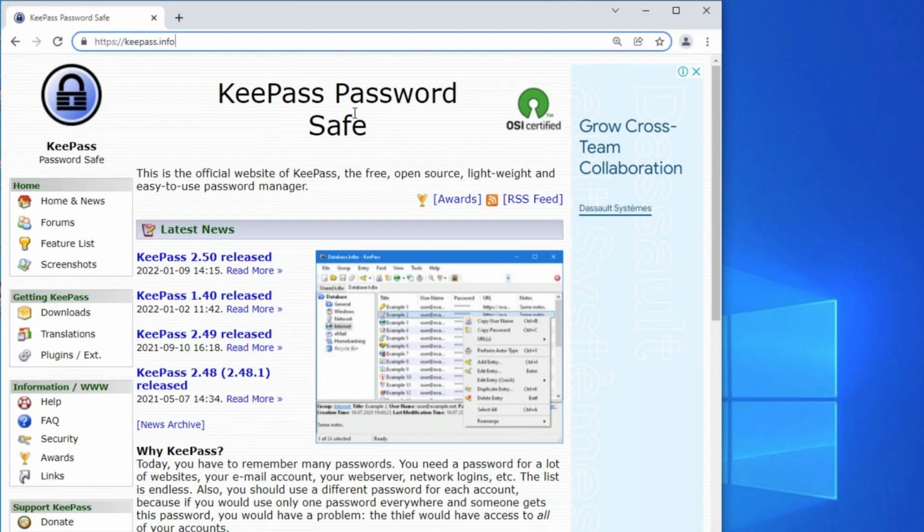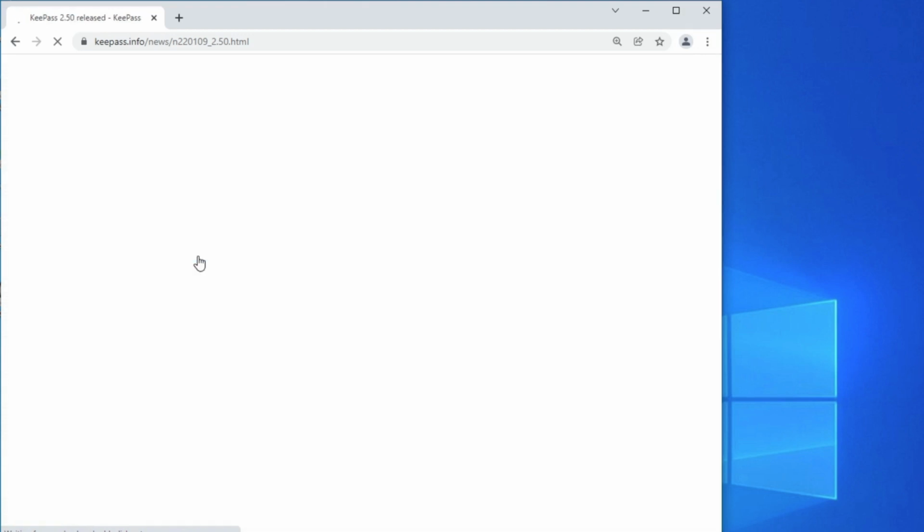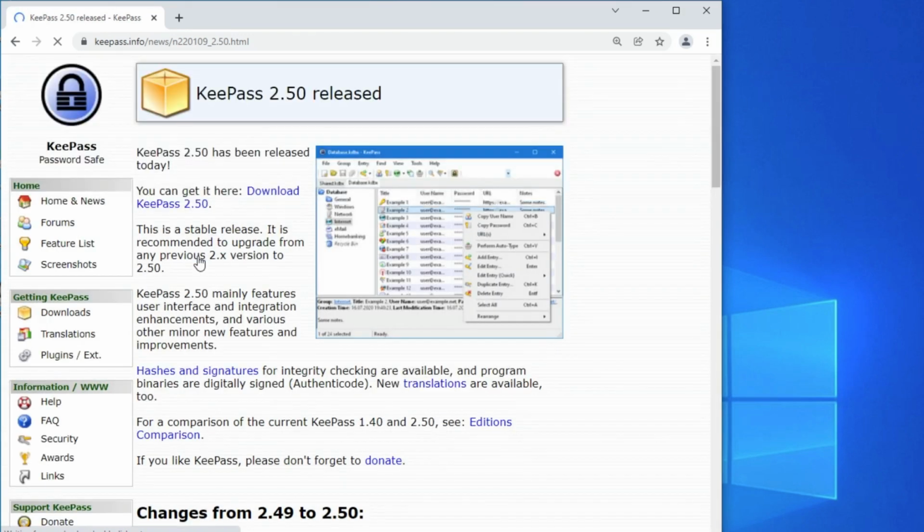So to download Keepass, which is a free-to-use password manager, you need to navigate to the website keepass.info. Right here you will see a simple page with the latest release, which currently is 2.5. If you want to download it, you click on that. It will start the process of downloading. And by the way, pardon me for not having Windows 10 machine full screen. This is because for some reason it doesn't want to give proper resolution, but nonetheless we will still manage to